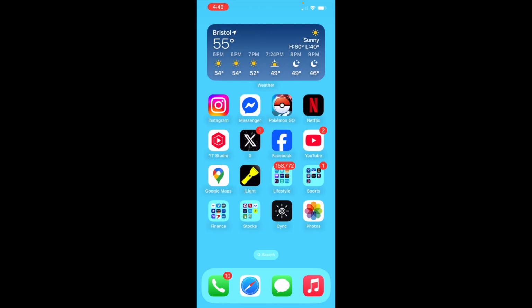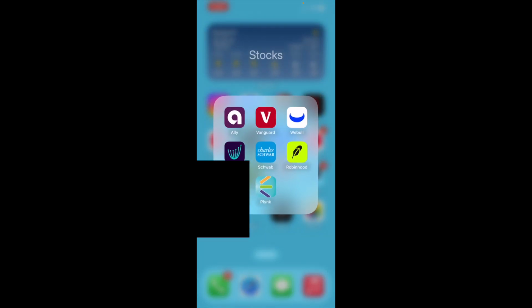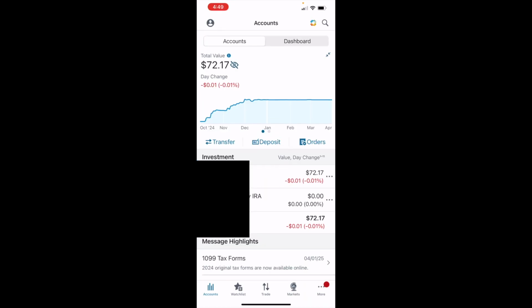In this video, I'm going to show you how to buy Disney stock on Charles Schwab. So if you have a Charles Schwab brokerage account, it's real easy to do. So what you want to do is go to your Charles Schwab account. And when you're in your home page here, your dashboard or your accounts, all you really need to do is